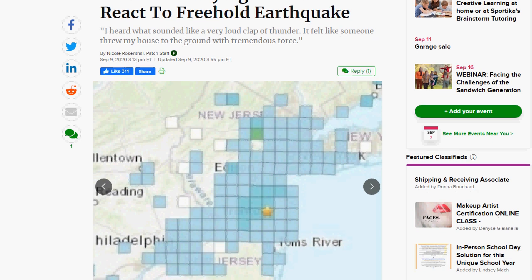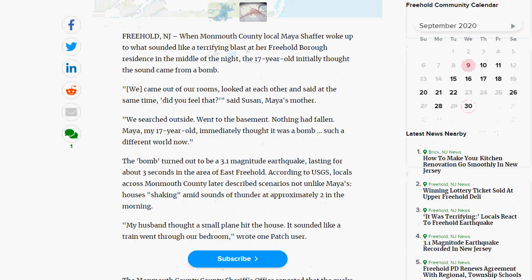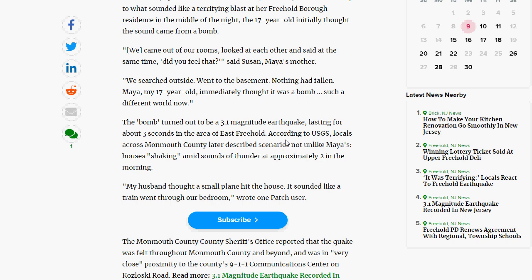And this person said it felt like someone threw their house to the ground with tremendous force. So it was a terrifying blast in Freehold Borough. This is the epicenter of it. They thought it was a bomb, according to this article. They searched outside, went to the basement. Nothing had fallen. But it turned out to be a 3.1 magnitude earthquake lasting for about 3 seconds